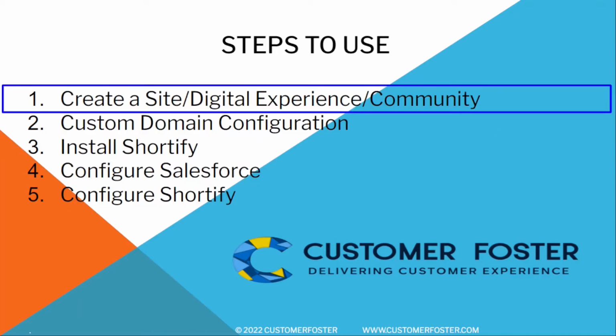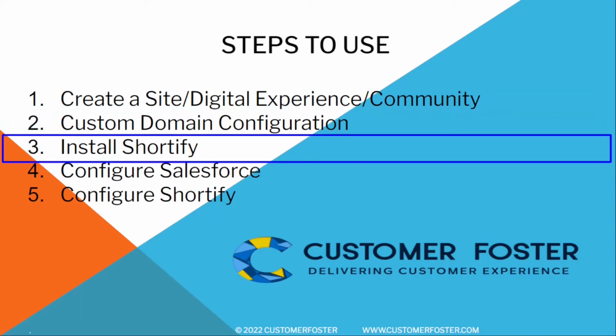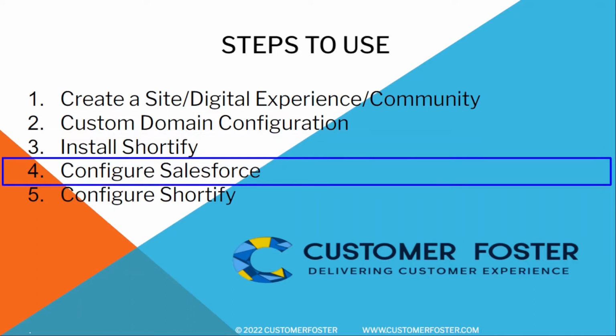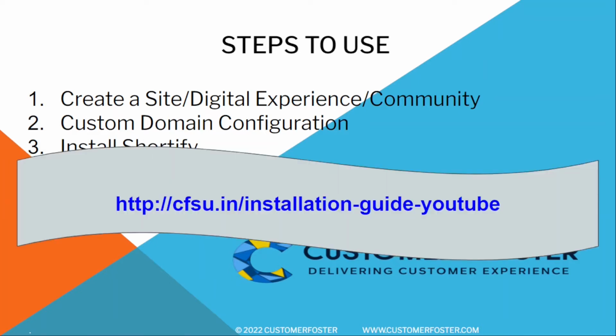Create a site. Create a new site if you do not have any existing site. Custom domain configuration. After site creation, copy the site URL and configure it with some short custom domain name. Install Shortify. Go to the Salesforce AppExchange, search for Customer Foster Shortify and install it. Configure Salesforce. To use Shortify, you need to create a sharing setting, an organization-wide email address, and do some configuration in site settings. Configure Shortify. Configuration of Shortify is like a one-minute task if you have already done the previous steps. For details, we suggest going through our video tutorial available at